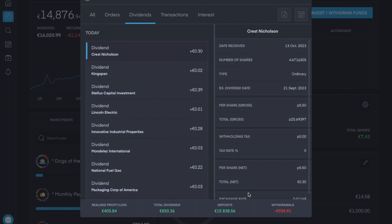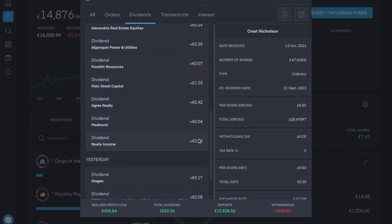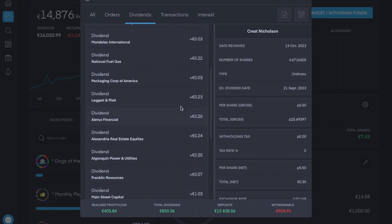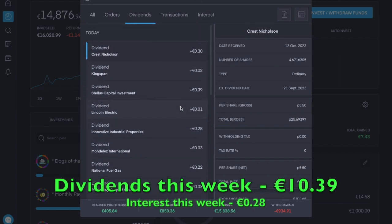And it's now Friday evening. Today was another good day for dividends. There was a total of €4.29 between all of them. Realty Income I did recently put money into, so this should be much closer to €1 next month. Main Street Capital is over, and quite a lot of double digit ones. It's good to see. There was also another 4 cents in interest,